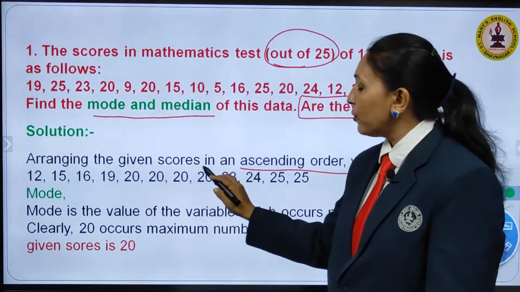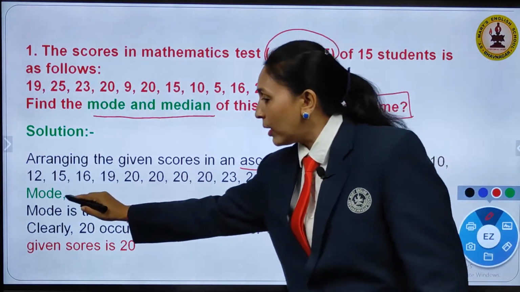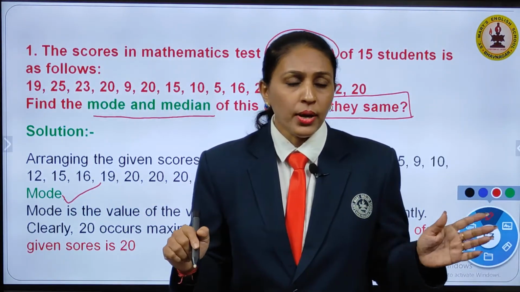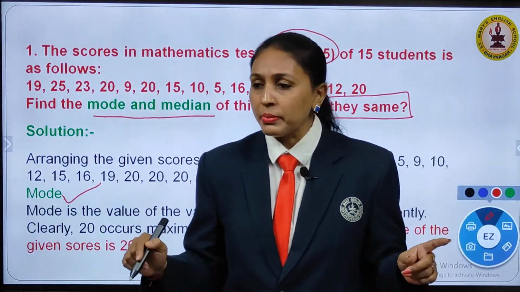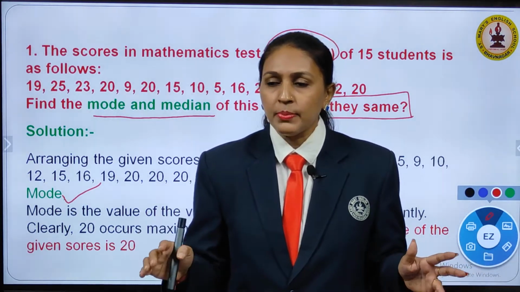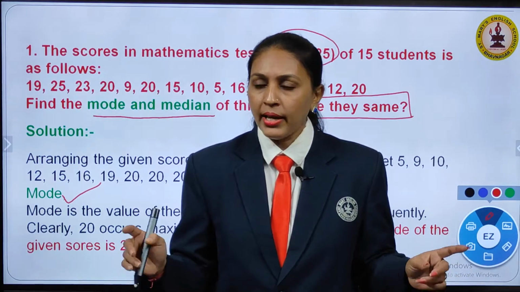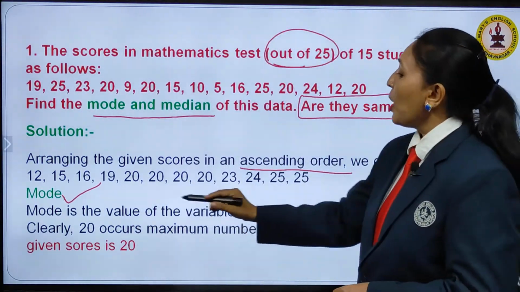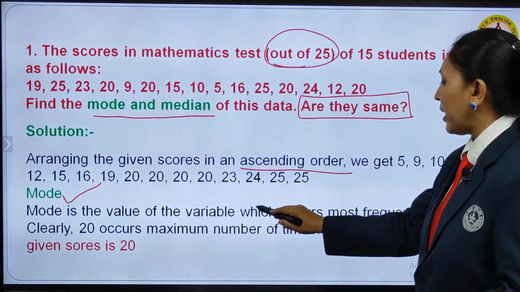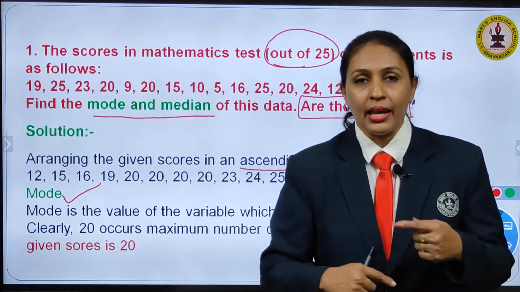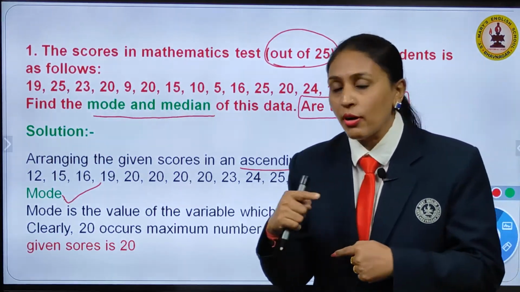Now you have to answer that what is the mode of the data. Now among here, anyone can you answer me what is mode? Anyone here? Yes, Mahi. Okay, beta. Right. Very good. That says mode is the value of the variable which occurs most frequently. That means that occurs again and again. That is more number of times.